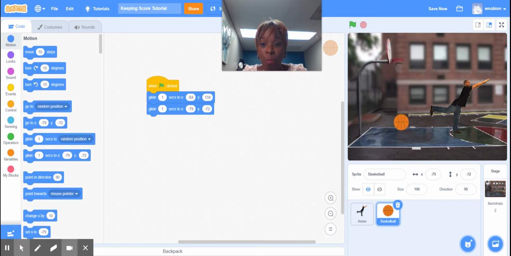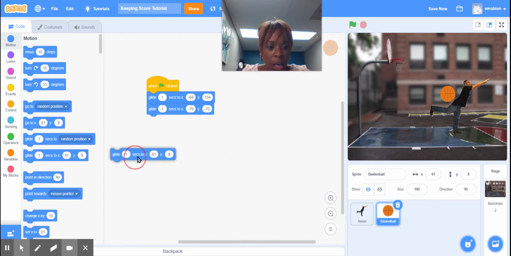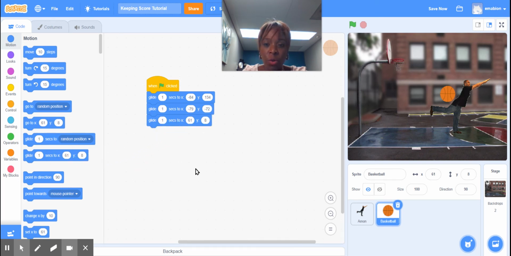All right, now I want it to go back to him. So I want to go back to the original position. So I'm going to have it start back there, and I'll tell it. And if I leave the ball there, my coordinates are already set over here in the blocks. So when I drag it over, that's another option, is that you can just move the sprite where you want, and then have the blocks already set for what you want it to be. So the last thing I need for this is to tell it to